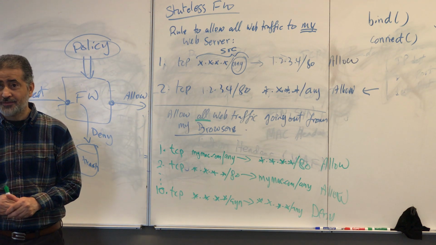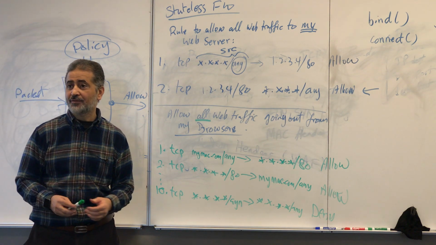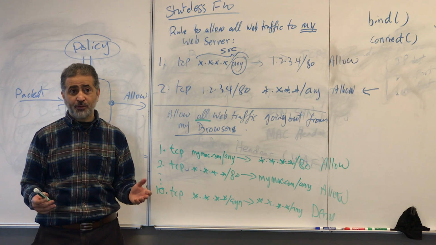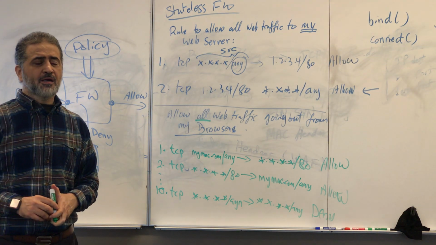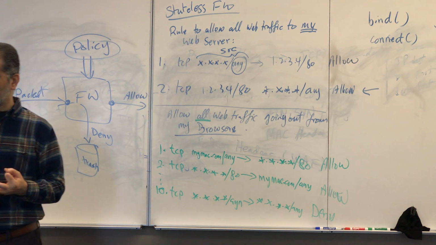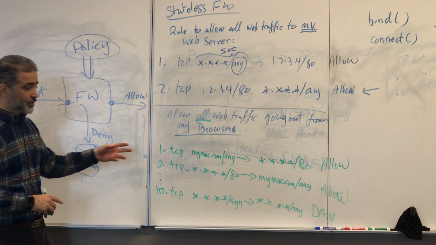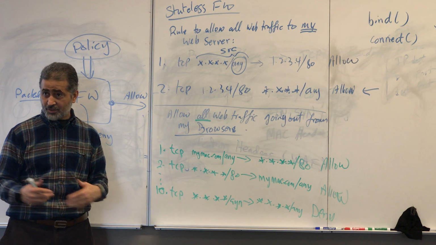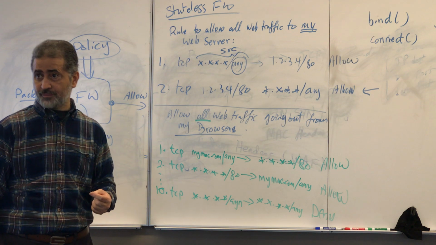Have you thought about multicast? Do you need multicast? No, I don't need multicast. How can you block multicast traffic? You know what I mean by multicast. There are three types of traffic on the internet: unicast, multicast, and broadcast. Unicast is what we use on a daily basis. What we have on the board here is unicast, one-to-one, from one source to one destination.